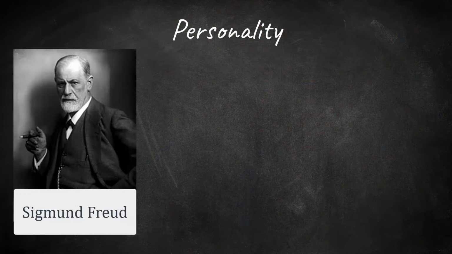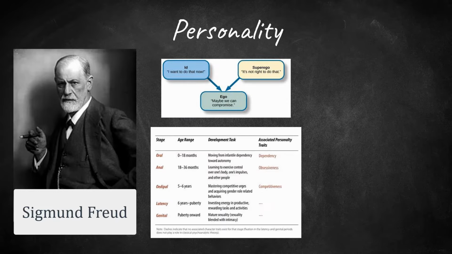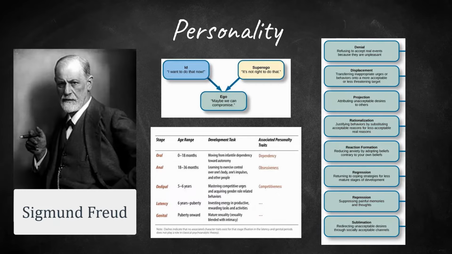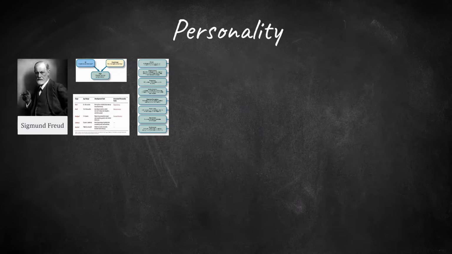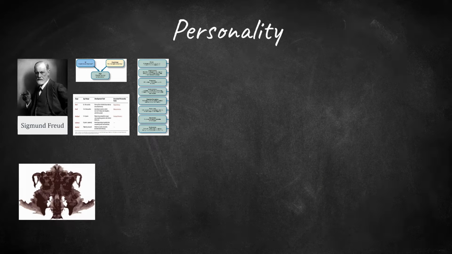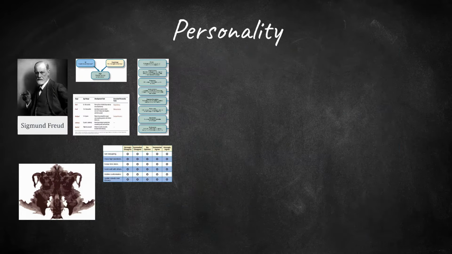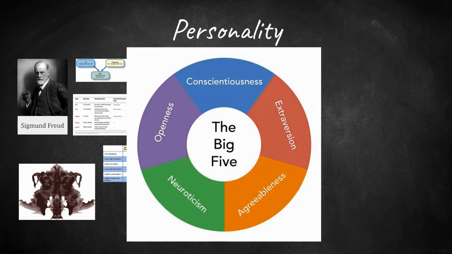Early approaches to thinking about personality were heavily influenced by Freud's conception of the id, ego, and superego, his psychosexual stages of personality development, and his theory of defense mechanisms for managing anxiety. Early personality assessments often used projective techniques, such as the Rorschach inkblot test, though these have mostly been replaced by trait-based approaches, which often use self-reports and focus on universal aspects of personality that are shared by all people, though they vary in degree, such as the Big Five or five-factor model of openness to experience, conscientiousness, extroversion, agreeableness, and